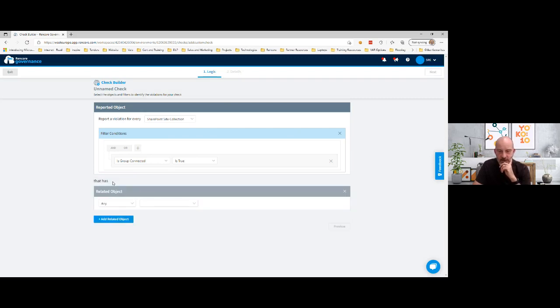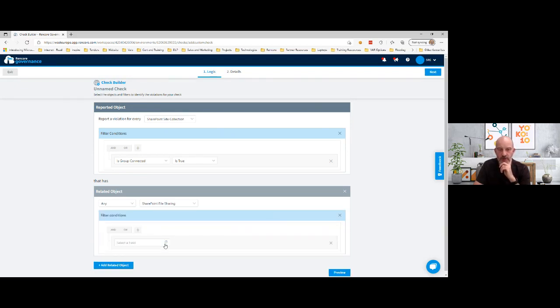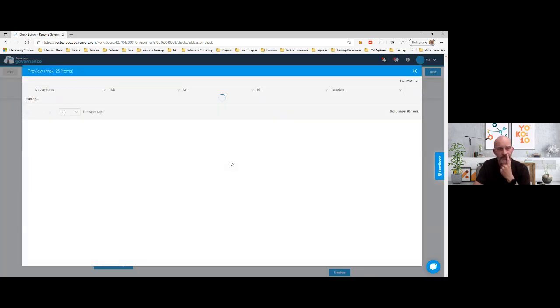That related object is going to be any SharePoint file sharing, and we'll pop another filter in because we want specifically to report on external. So any SharePoint file sharing where is external is true. That now lets me identify all the groups where that is true. I can preview it from down here just to make sure I'm getting some results back. I am.